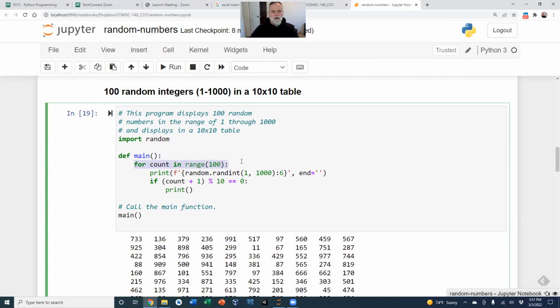We've got our for loop that's running 100 times. Every time in the for loop here, we're just printing out a random number. I'm calling randint, and there's the range 1 through 1,000. And I'm just putting that in an F string. So here's the complete F string for